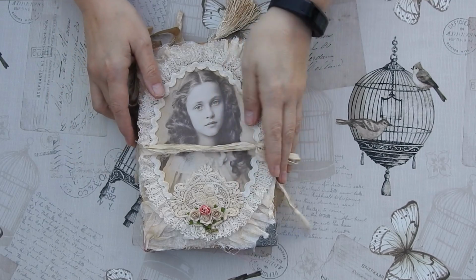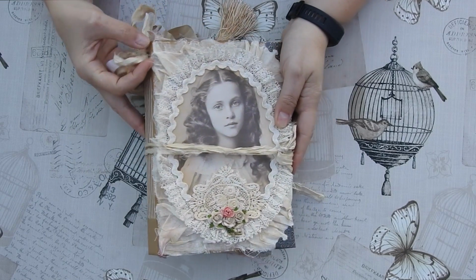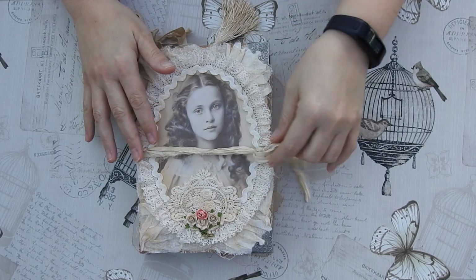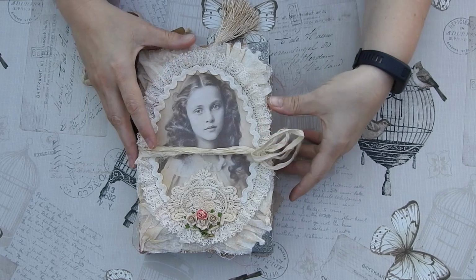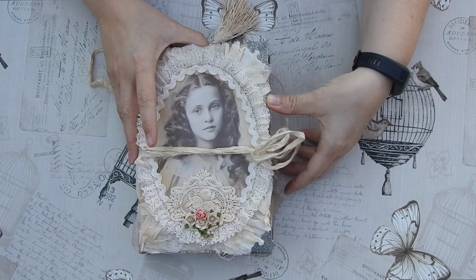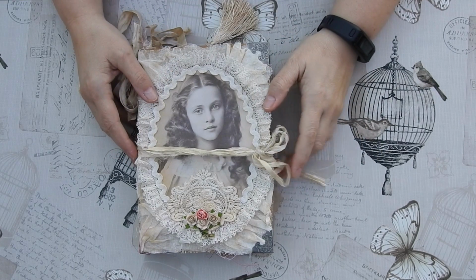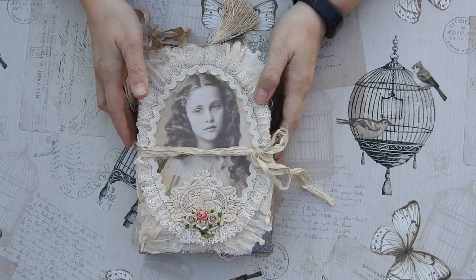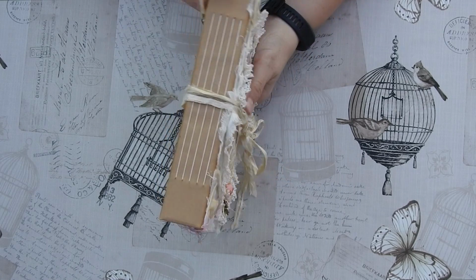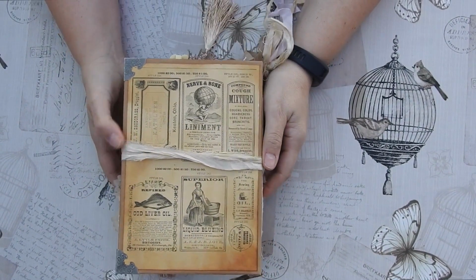So let's go through. I've made it with 5 signatures, and most of the ephemera and things like that have come from Pinterest, and the printable sheets that I've got for my signature, the main part of the signature, are from Ephemera's Vintage Garden. So 5 signatures, and the back is a print off